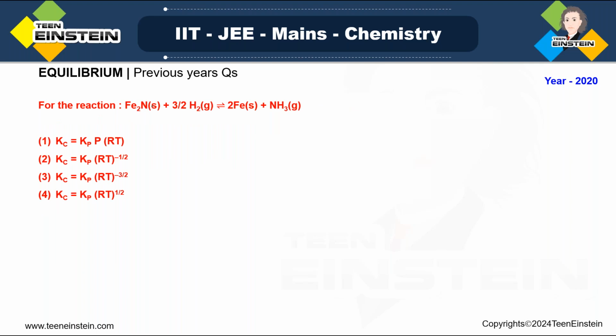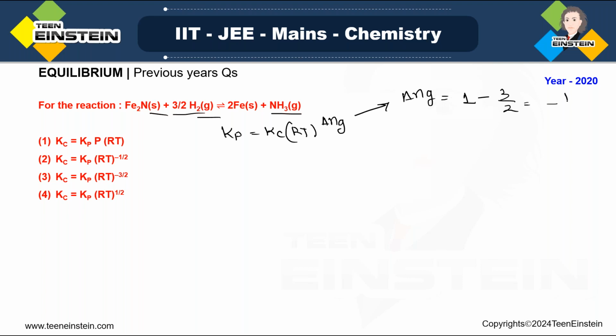For the reaction of Fe2N with 3 by 2 hydrogen gas, we are getting iron metal and ammonia. So in this expression, we have to find the relationship between Kc and Kp. Look at the options, Kc and Kp. Now we know the relationship between Kp and Kc, you just have to find the del Ng value. In the product side, you just have 1 mole of ammonia. Iron is solid. On the reactant side, you have 3 by 2 moles of hydrogen. So your del Ng value is minus half. So if you put it here,